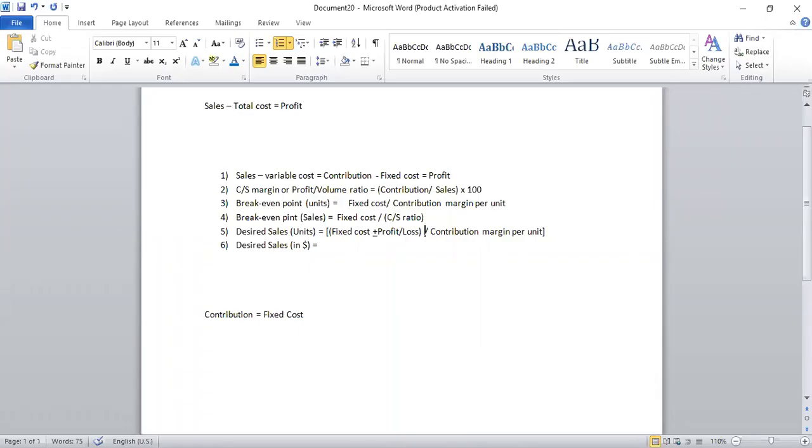Okay. Now, in case of desired sales in dollar value or currency value, you tell me what would be the equation. It will be fixed cost plus or minus profit or loss divided by contribution by sales ratio. That's right, exactly right. Okay, so here we will have this one as